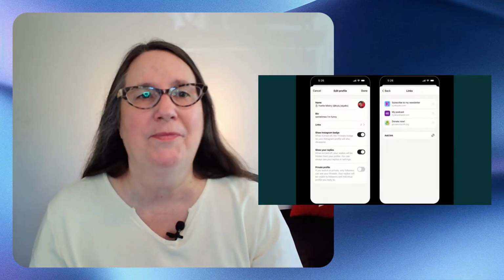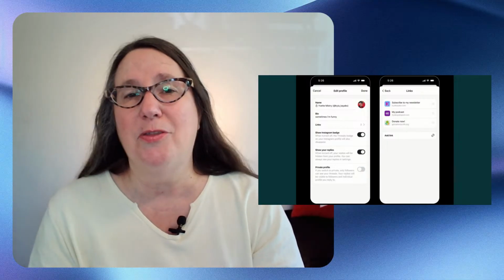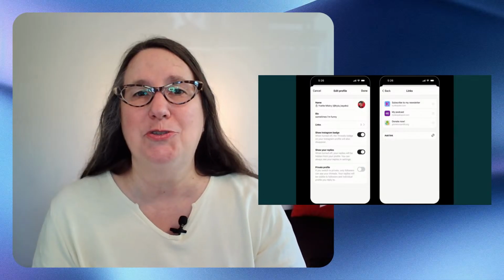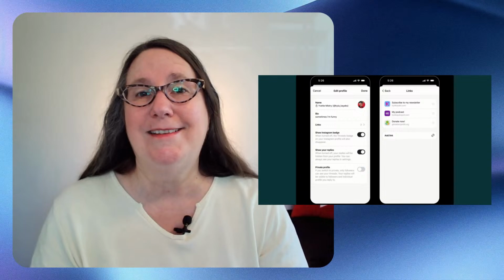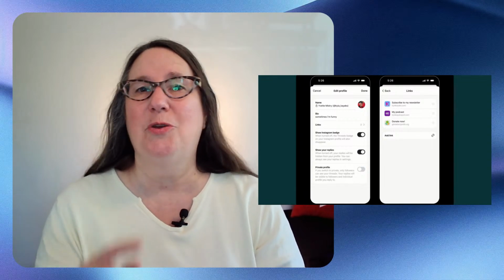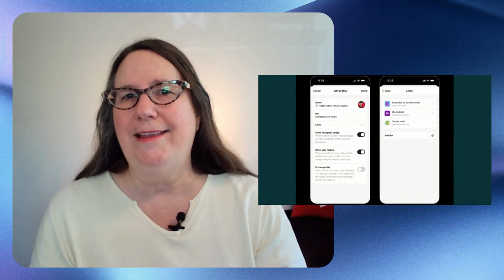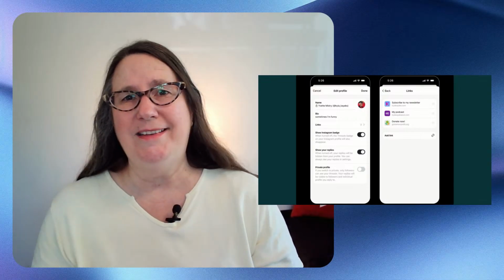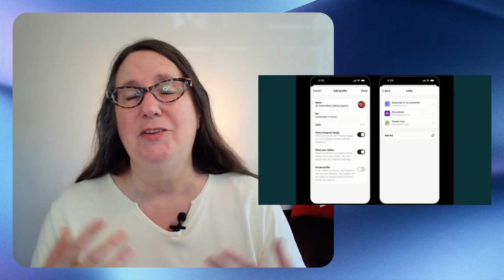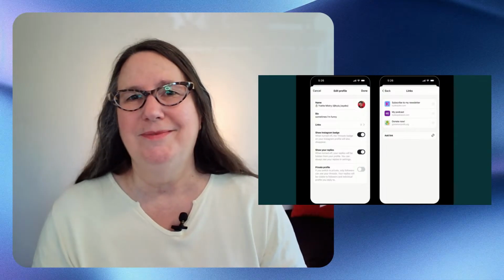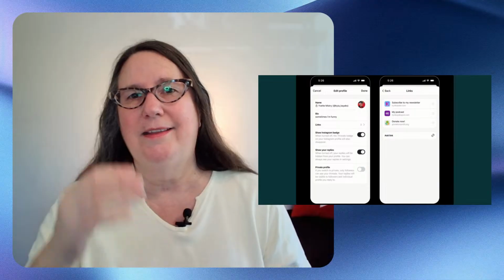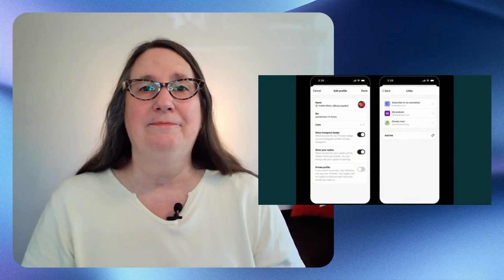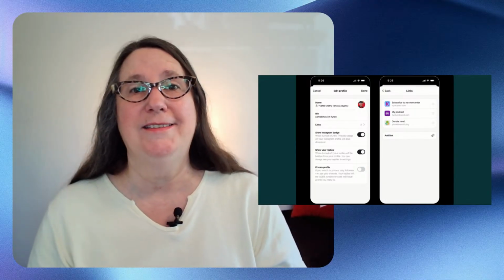That's really awesome. All right, so over on Threads, Threads is Meta's answer to Twitter. You can now add up to 5 links in your profile. Previously, it was only 1 link, like Instagram. So Instagram, they only let you put 1 link in your profile, and it's usually something like Linktree. So you click the link and you get a bunch more links. But now you can add 5 links.